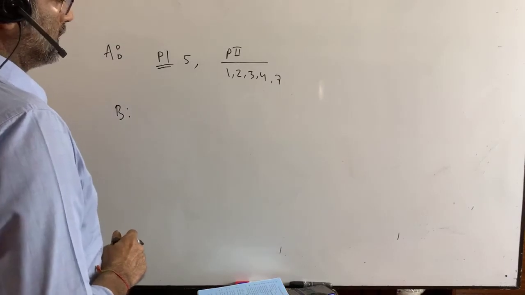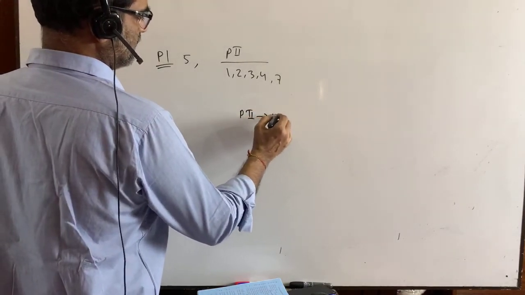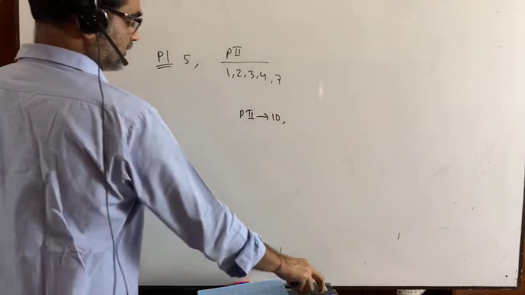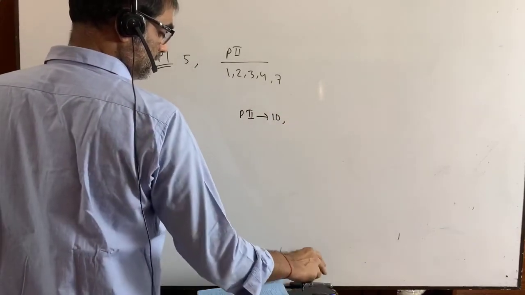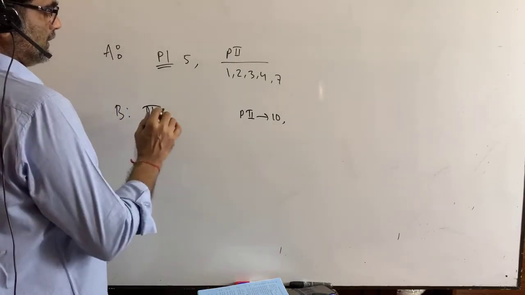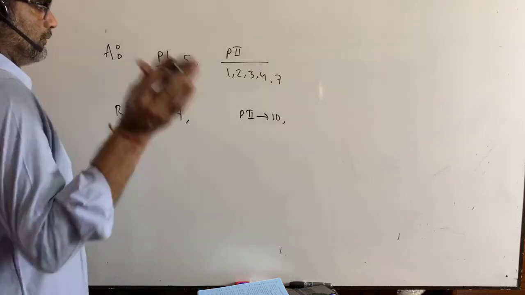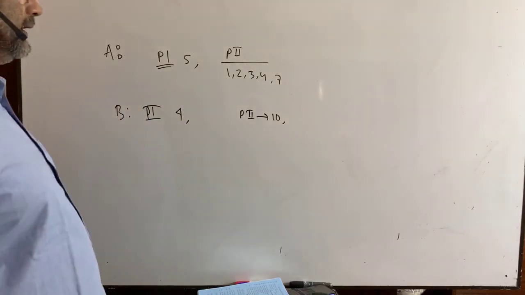Suppose you have paper 2, you have exercise 10. Can you remember, please? Exercise 10 in your paper. And paper 1, you have what? Paper 1, you have circle. You have circle number 4. Okay, paper 1.